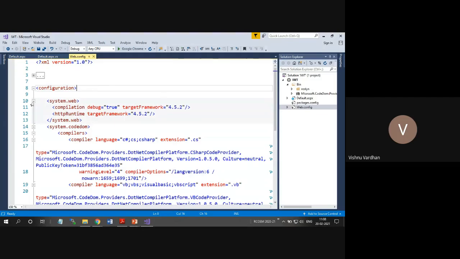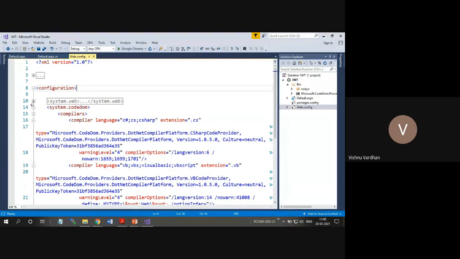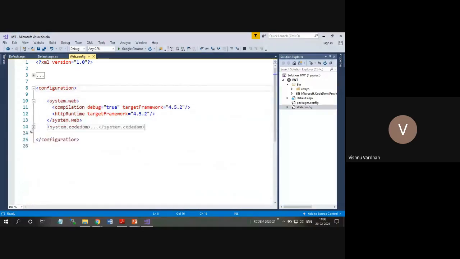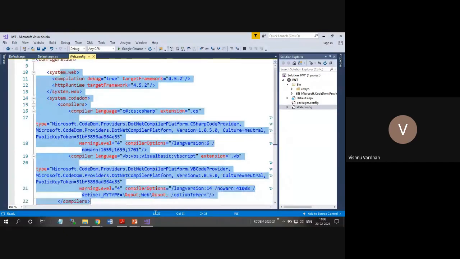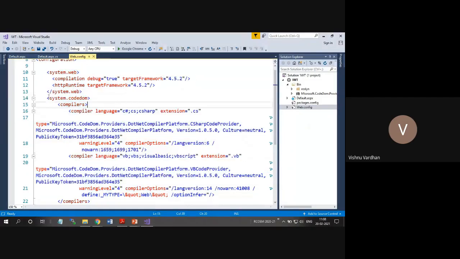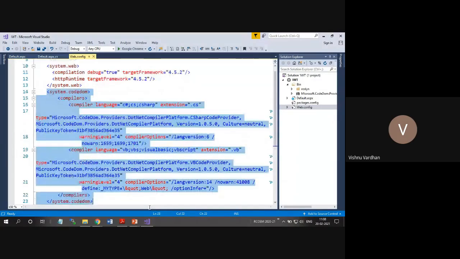In this configuration, there is one section that is system.web, another section system.codedom. Depending on your framework, it gets changed. Depending on whether you are working on the latest one, or maybe you are working on 2.0 or 3.5, it will get changed as per the framework pattern.